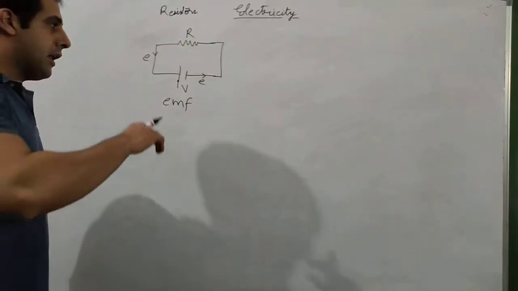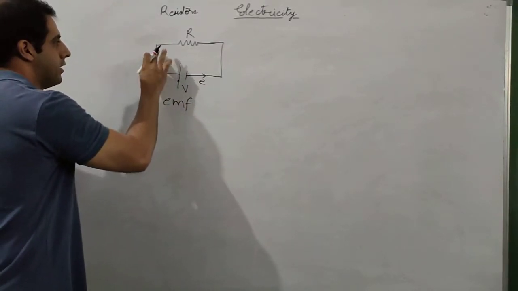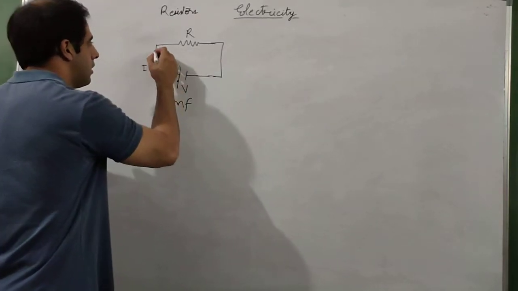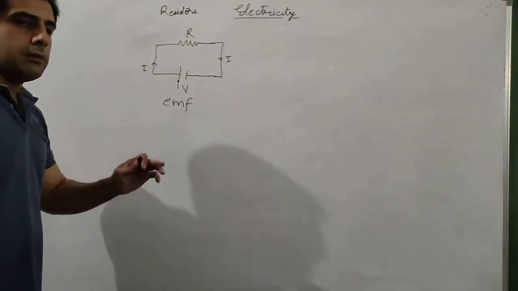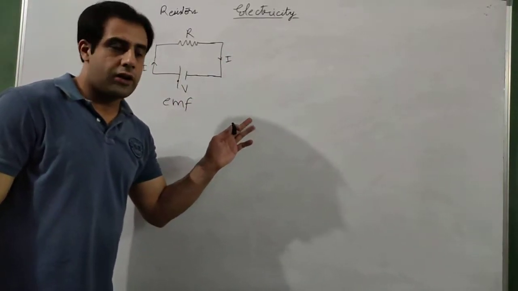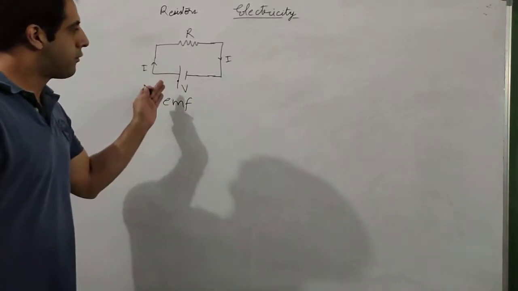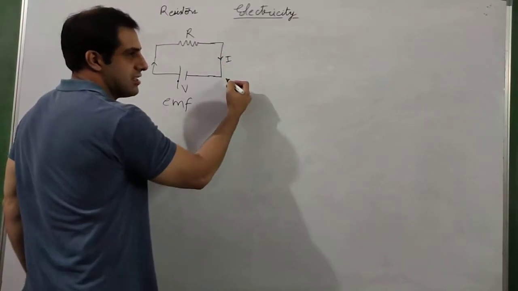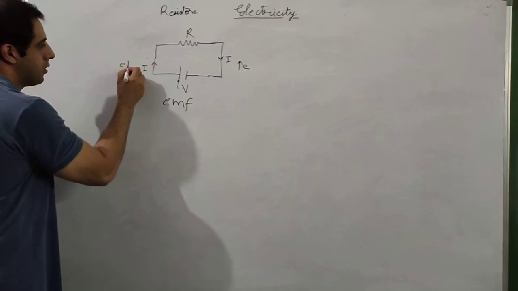Electrons are flowing. Now opposite to the direction of electrons, we take the direction of current. So I will remove the electrons from here, and this will be the direction of current. Remember, the direction of flow of electrons is from negative to positive, but the direction of current is always taken as from positive to negative. So if this is the direction of current, then this is the direction of electrons.